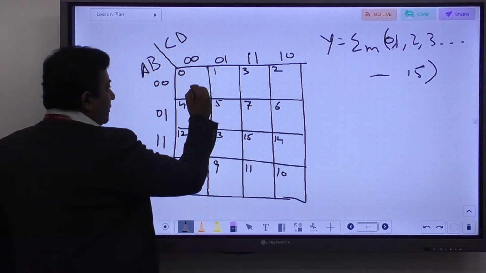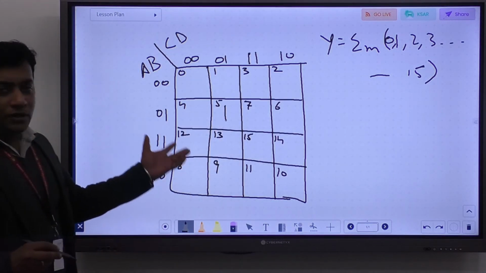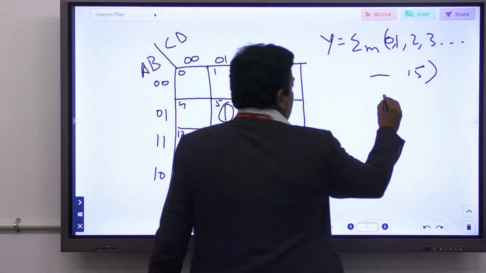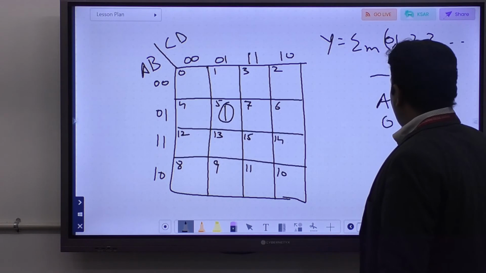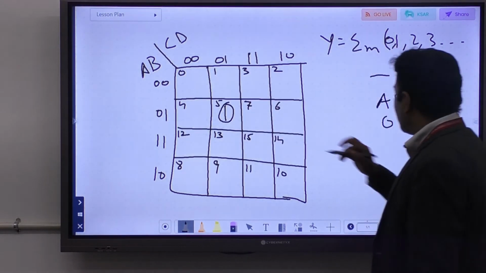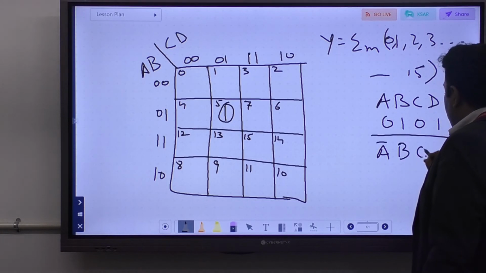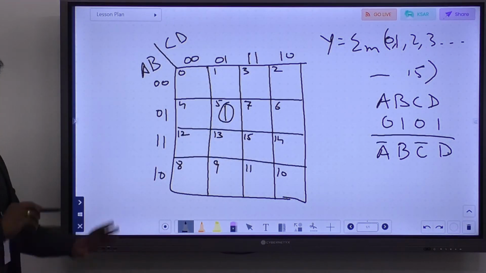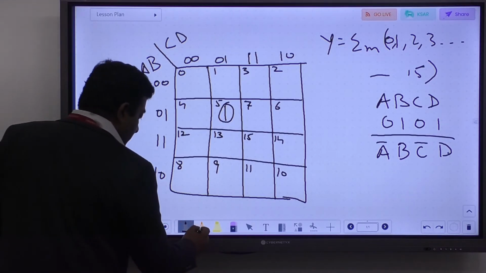So in this case, if you are getting, say, a single min term, then there is no other option, you can make a singlet. And if you are making this as a singlet, the output would be 0, 1, 0, 1, because its position is 0, 1 for A and B, and for C and D it is 0, 1 again. So your final output would be A bar, B, C bar, D. For 0 we are writing bar, and for 1 we are not putting a bar.